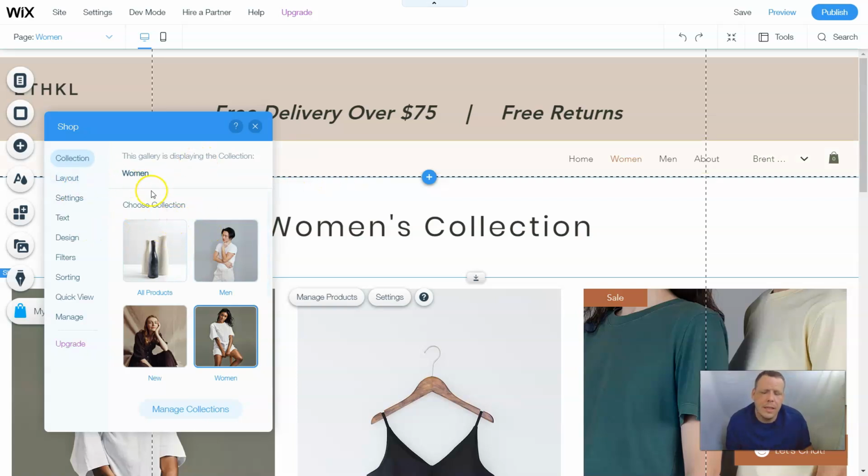All right. So the collection. Let's talk about this. This is a gallery that's displaying your collection. You can have all of your products, men, women, or new, just a new collection. So each time you click, if I choose men, for example, it's going to give a tab here, which is already there, right here in the menu. If I choose women, it's going to give a women tab. If I put all, it could be all products,